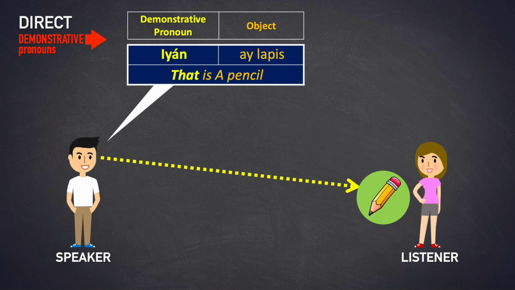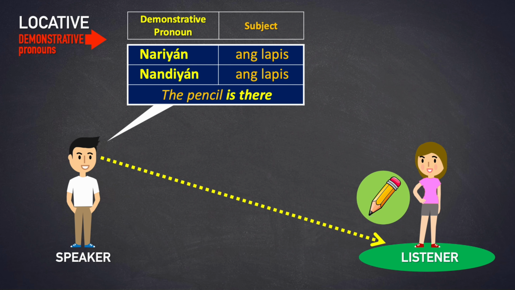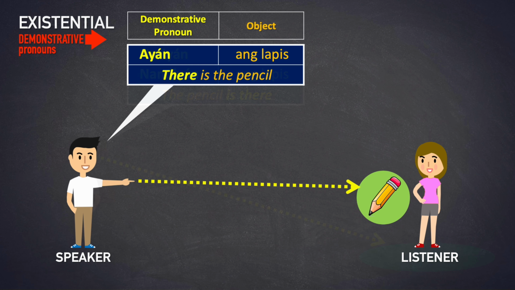Iyan ay lapis. That is a pencil. Iyan ang lapis. That is the pencil. Nariyan ang lapis. Nandiyan ang lapis. The pencil is there. Ayan ang lapis. There is the pencil. In the last sentence, the listener may not be aware of the presence of the pencil